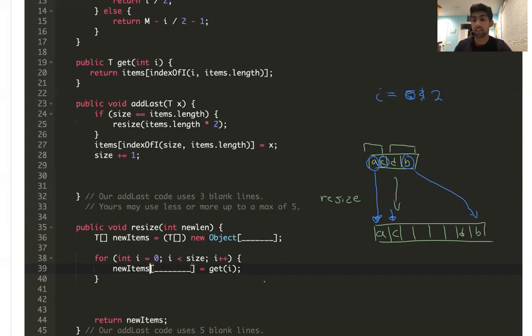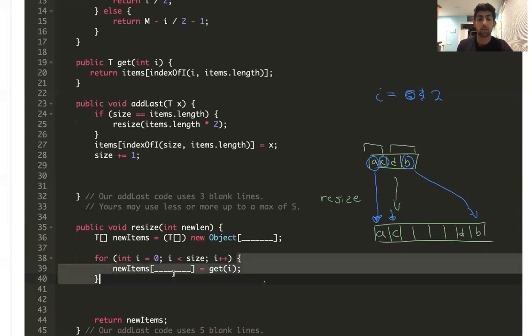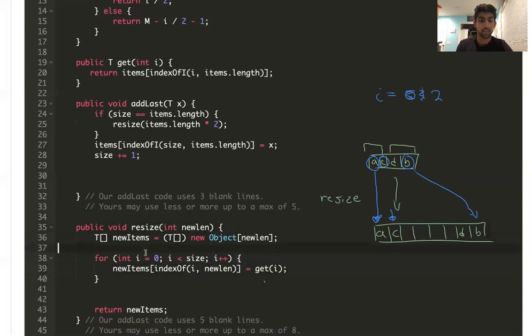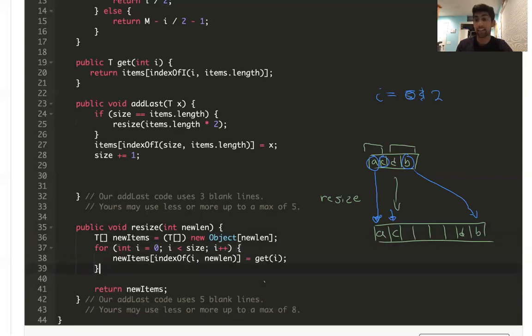So what's the correct index to put things at? Well, we have the index of I function, right? We can just call it on I, except the length of the new array that we're inserting is new len, right? Which should also go up here. Okay, so this is the solution for resize. Thank you guys for hanging in with me. I know this was a long problem, but yeah,